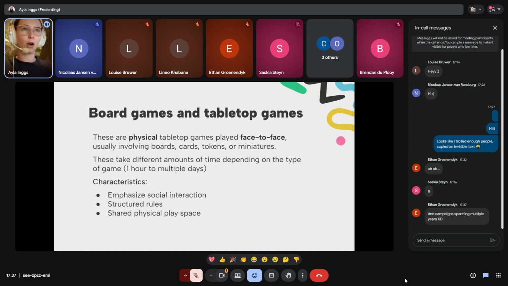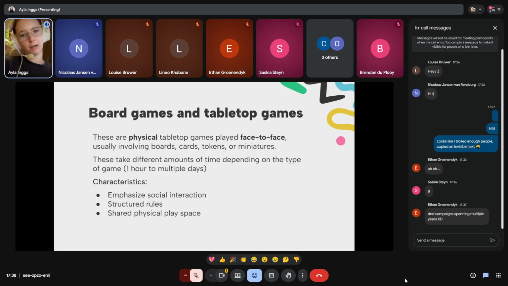And with board games or tabletop games, there's normally quite a few rules. So it's very structured. Some board games come with their own Bible worth of game rules, and then some others literally come with a pamphlet, or a one pager or something like that. So it really depends on the game, but there are normally structured rules, and you have to understand these rules in order to play the game.